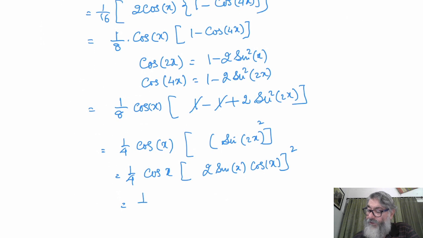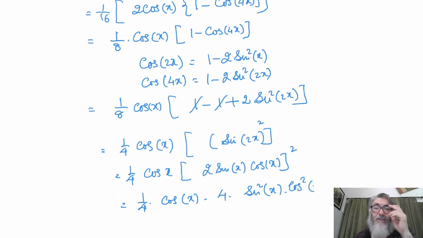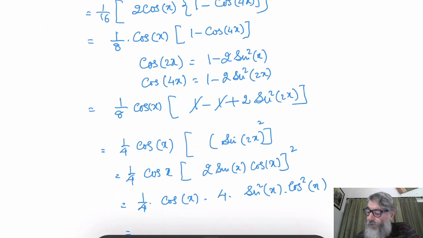When we'll square this, it will become 4 sine square x cos square x, because we know sine 2x is equal to 2 sine x cos x. So now this 4 will cancel with this 4,